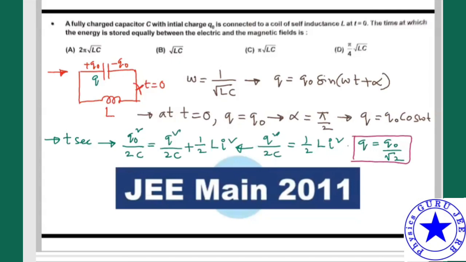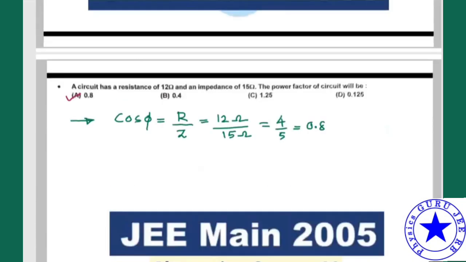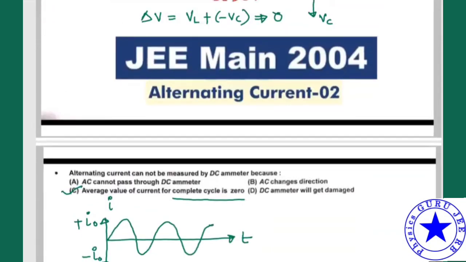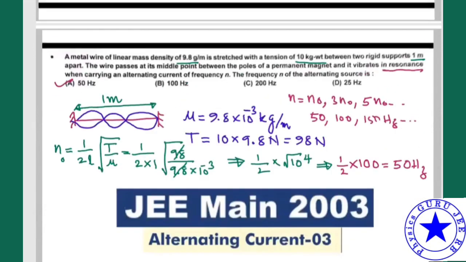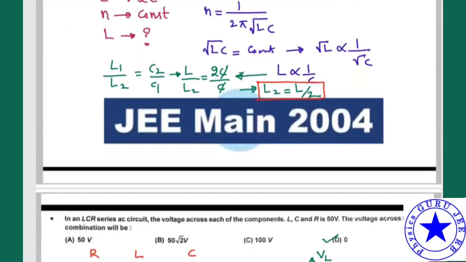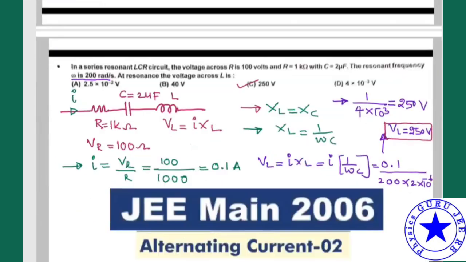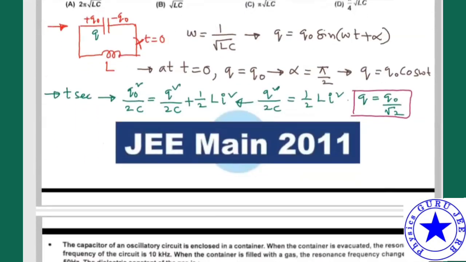Till this point it is given in 2011, and I can show where it is again asked. Let me show the question, in which year it is asked, L by 2. So that means 2003. In 2003 the same question was asked, right? Now it is 2011, so almost 75% the problem is the same. Little extension will be there for this one, so we have to extend this question a little. Now proceeding from here, q is equal to q naught by root 2 we got.